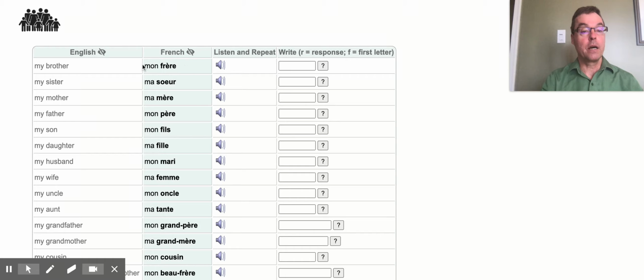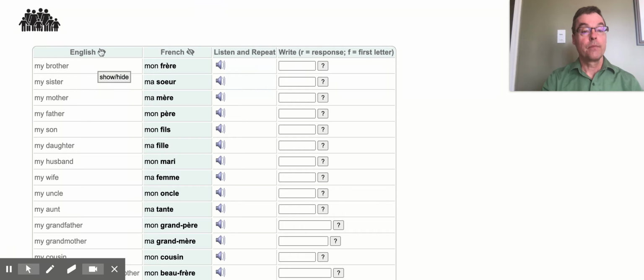for brother, frère, that the gender of the word that comes before it, the one that means my, really has to be the gender of the word that follows, right? So it doesn't really matter whether it's a male or a female speaking, you're going to say mon frère, right? Because it's the gender of frère that makes us use mon. Same thing here with sœur, right? The fact that the word sœur is feminine requires us, whoever is speaking, to use ma.